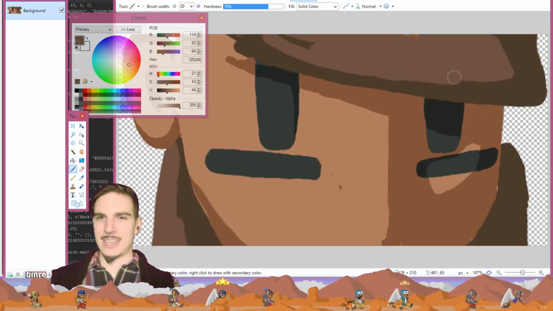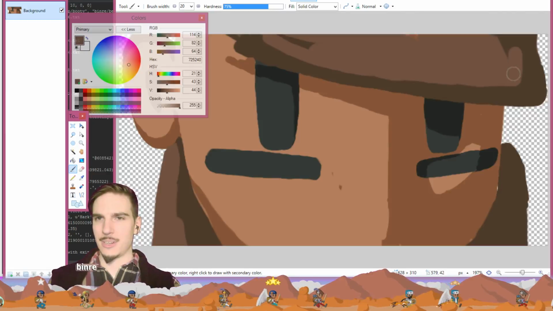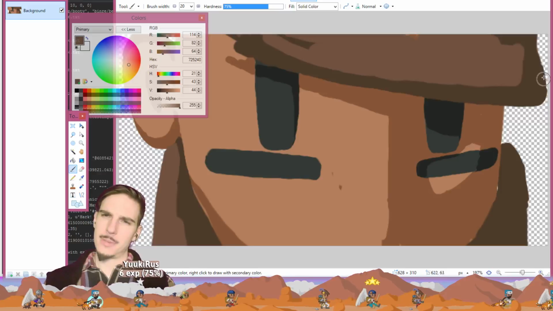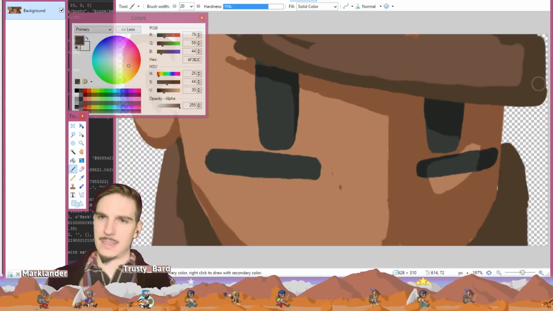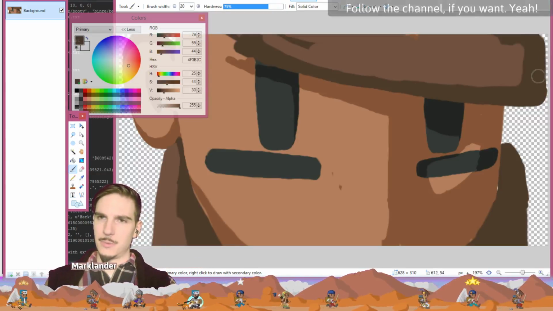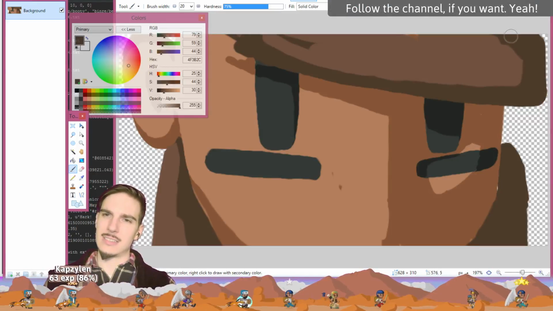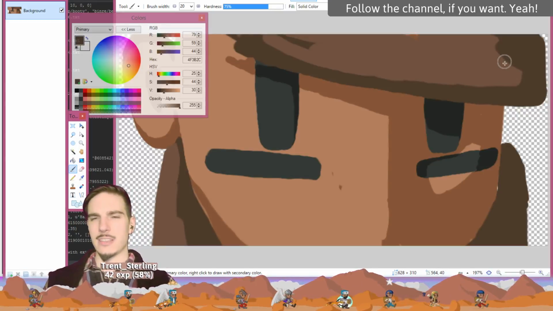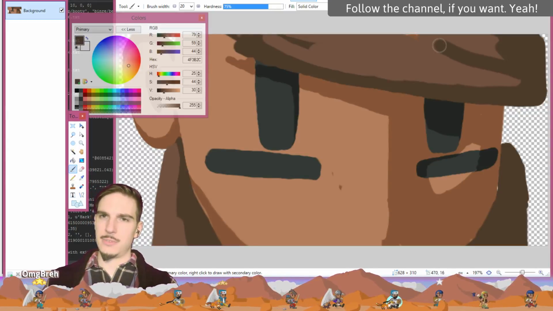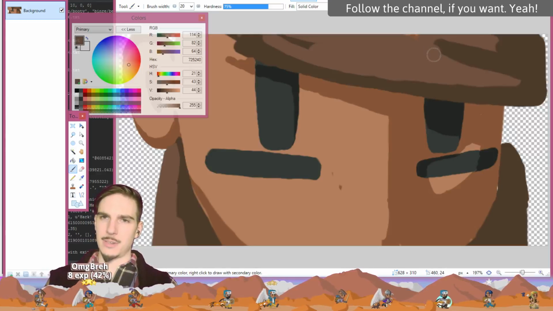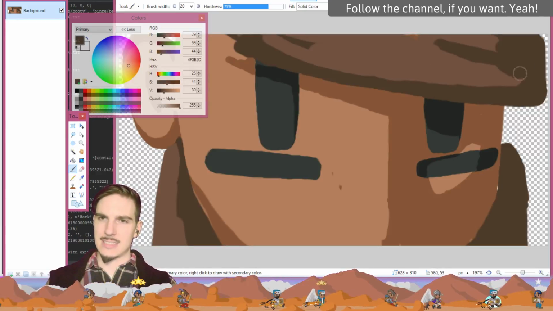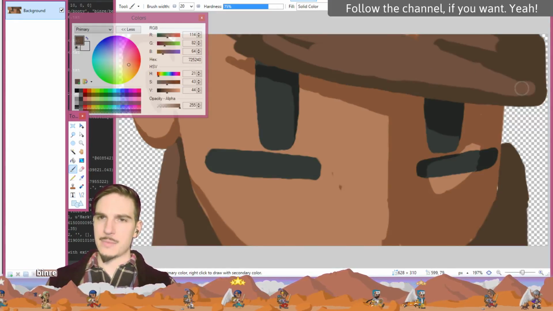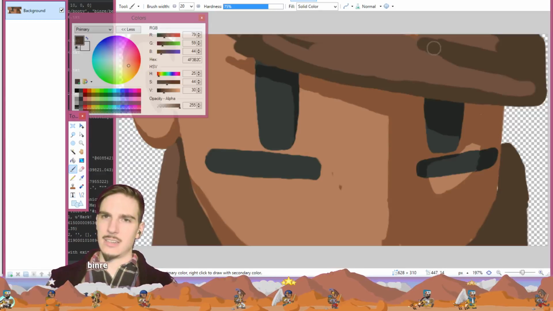No, if anything, it should come down further like this, and then it should come more up at an angle, like that. But what about the shape? I guess the whole shape should come up a little bit more. Actually, I could indicate the crease of the brim. That's the other thing. Maybe that's what was standing out: this isn't quite what the shape of the cap actually does. It comes down and there's a crease here, and then